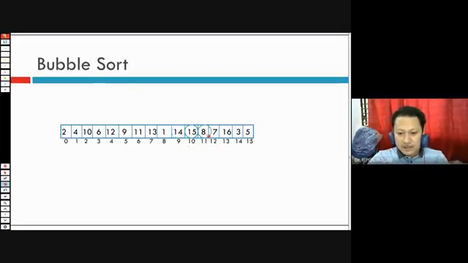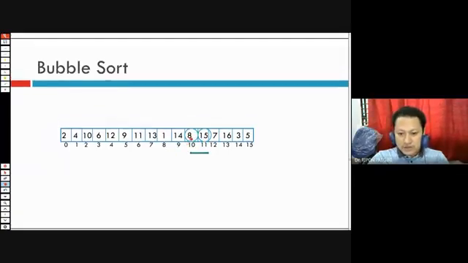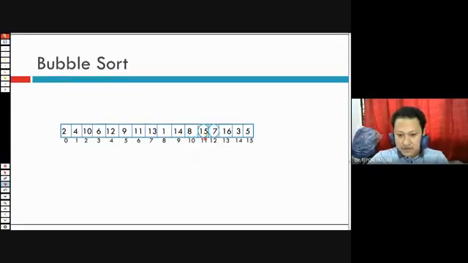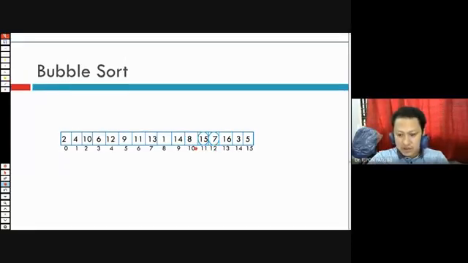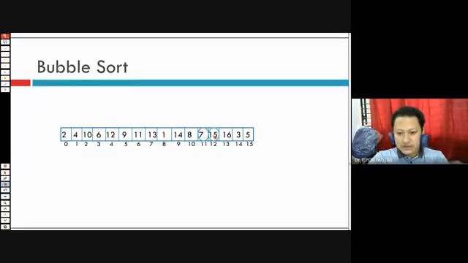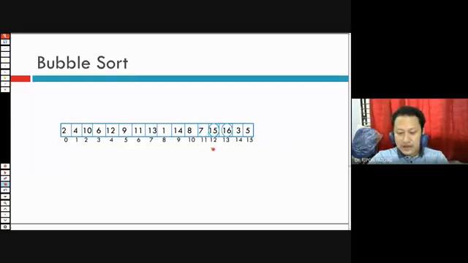So 15 and 8, is it in order? No, that's why we need to swap it. So next, 15 and 7, is it in order? No, so we swap. Now next, 15 and 16, is it in order?